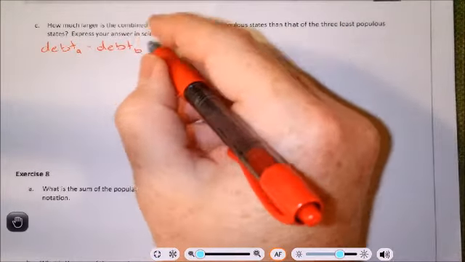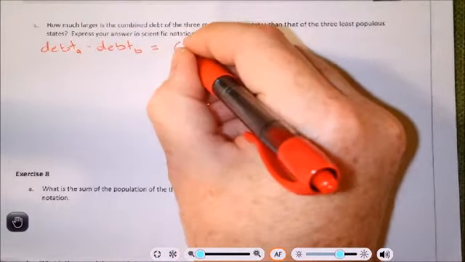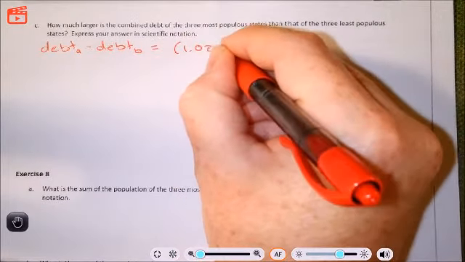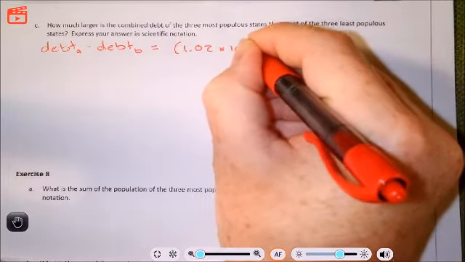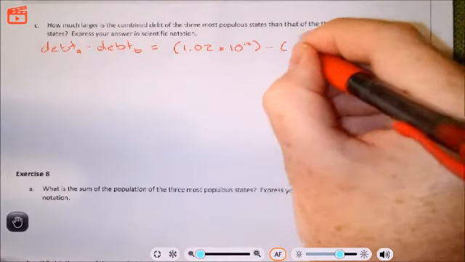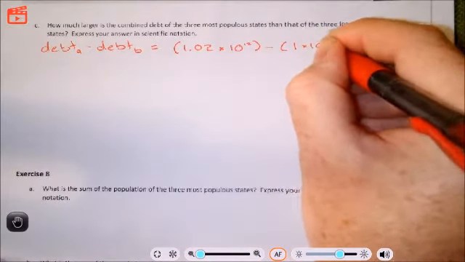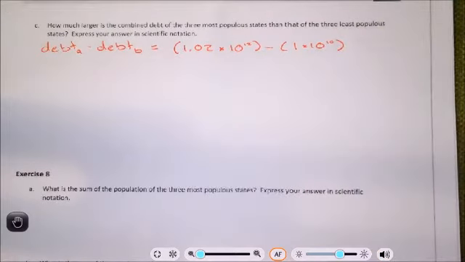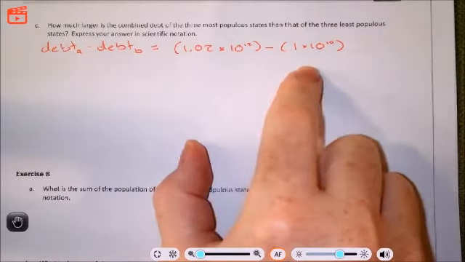So the debt from part A, the 3 most populous states, the answer to part A, 1.02 times 10 to the 12th. Minus the debt from part B, the least populous states, 1 times 10 to the 10th. So that is a subtraction problem we need to solve. Now,